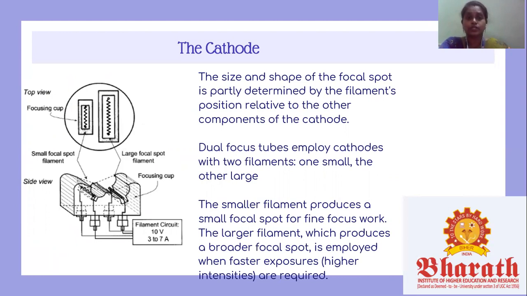So these dual focus tubes usually have a switch at the end of the cathode arm that is used to select the desired focal spot. A step-down transformer is being used to reduce the line voltage from 110 volts to 12 volts, which is required for the tube filament. So the current to the filament is adjusted with either the rheostat or resistance or inductance type regulators. An ammeter is employed to measure the current used to heat the filament, and the current serves as a measure of the intensity of the X-rays that are being produced.